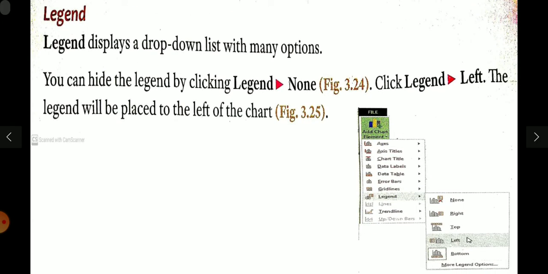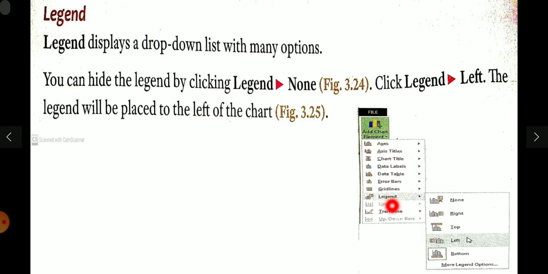Next comes legend. What is this legend? Legend displays a drop down list with many options. You can hide the legend by clicking legend none. Click legend left, and the legend will be placed to the left of the chart.